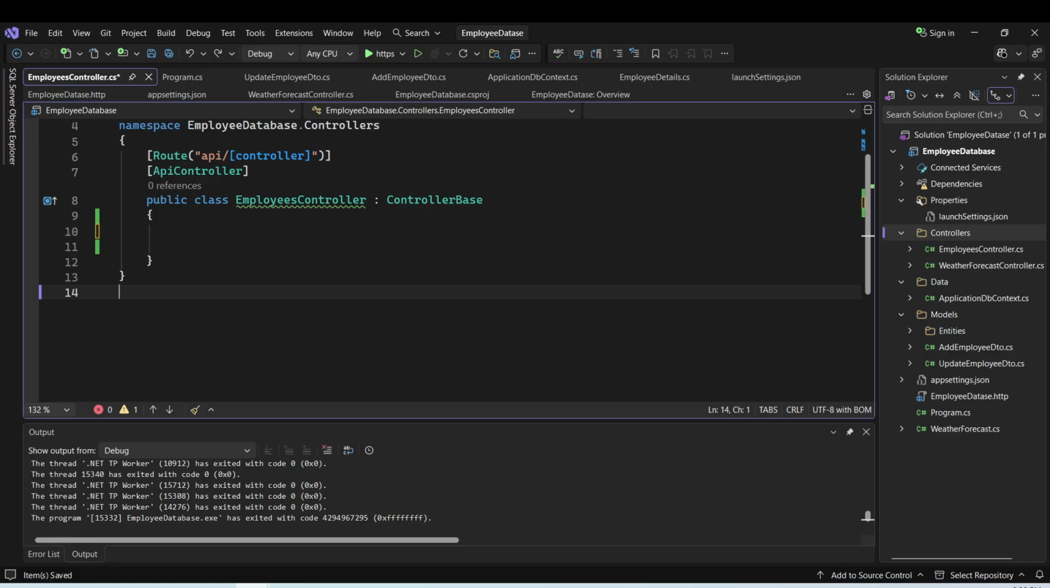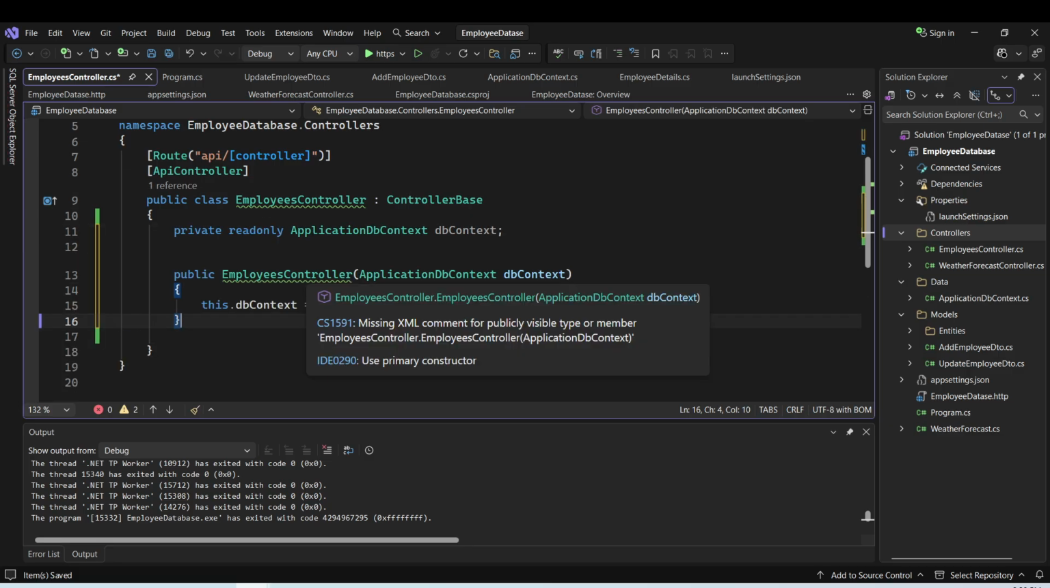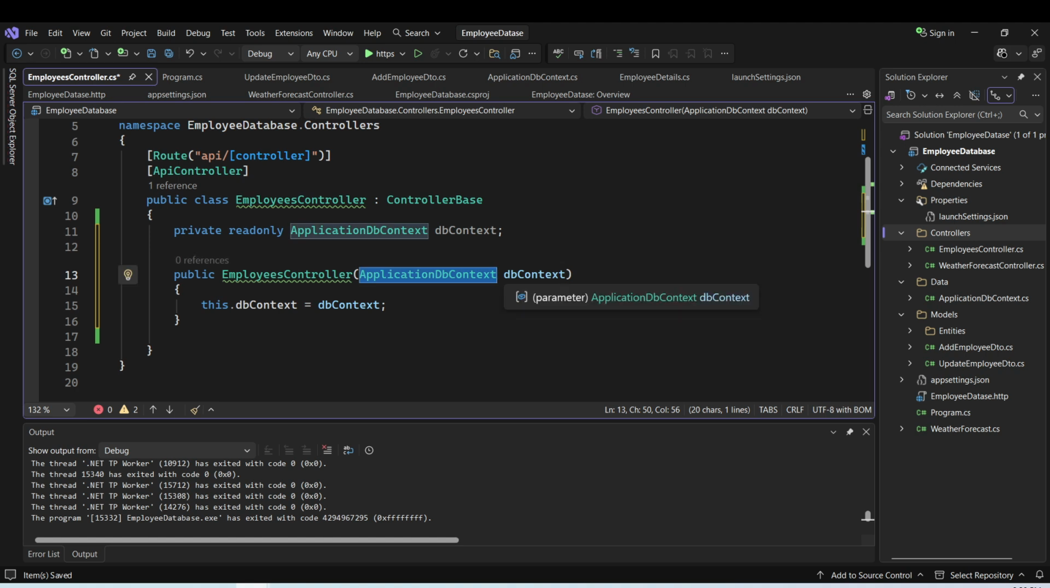It's employees controller. So the first method will be, first I need to create a constructor. This is the constructor for the controller. It's going to take the application DB context and create the instance of the DB context. Then let me create the HTTP